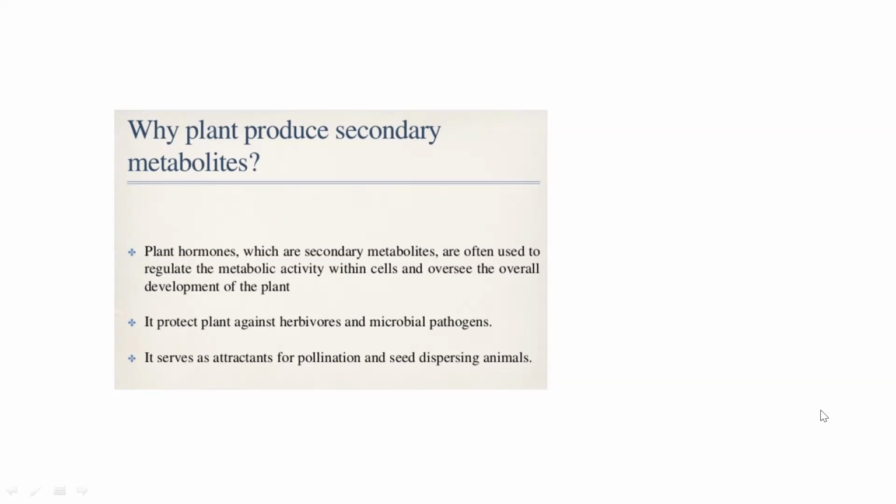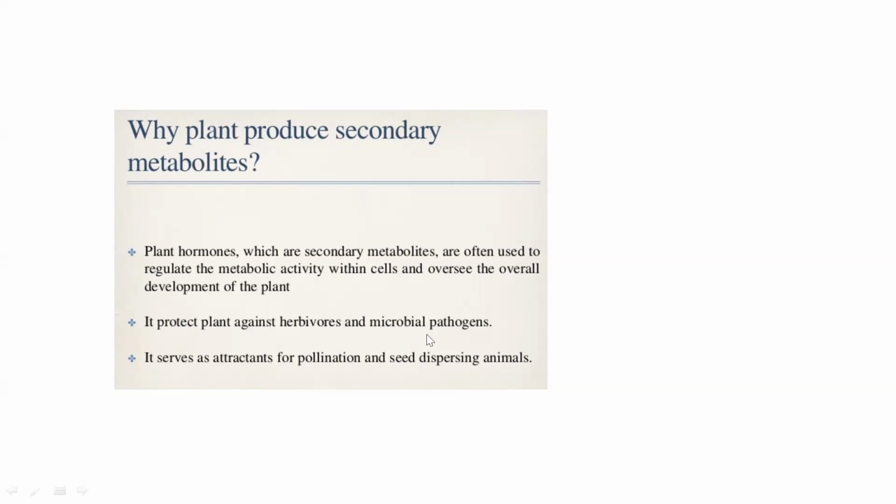Similarly, oxalosuccinic acid or malic acid may not be directly beneficial to the plant, but the plant cannot survive without the production of malic acid, because it is an integral part of the Krebs cycle. But what is the use of this malic acid which is produced? It will be channelized to produce certain secondary metabolites in low amounts. Some of them will be commercially exploited, because most of it we have not screened. We have not screened the plants for so many secondary metabolites. Only a handful of them have come out into the market. So this is the reason why plants produce secondary metabolites.